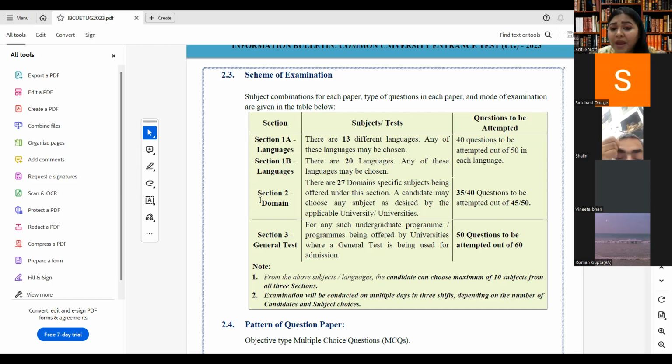Section 2 is the domain or subject specific section. There are 27 different subjects given in the option list in section 2. Practically any and every subject prescribed by the CBSE board comes under the 27 domain subject choices. There can be no other subject available by CBSE which is not in this list. Very important point, and please definitely make a note of it, star it, highlight it, bold it: